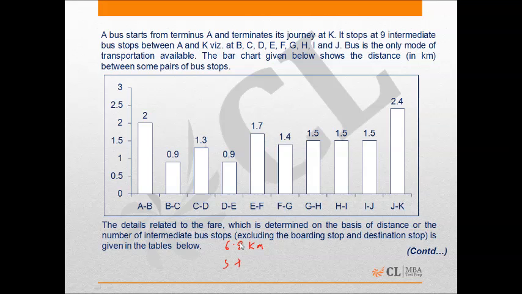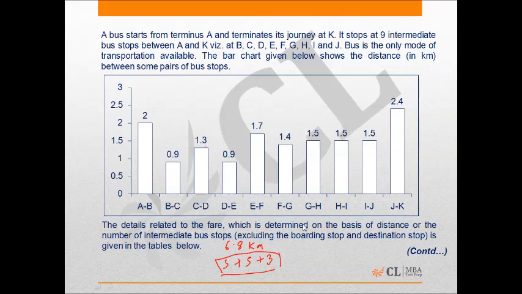But from F to J, the distance between F to J is 5.9, that we can travel by using a ticket of rupees 5. And to cover the remaining distance, which is 2.4 km from J to K, we have to buy a ticket of rupees 3. So this is the minimum amount that one has to pay to travel from A to K,